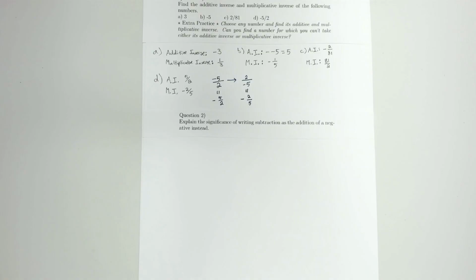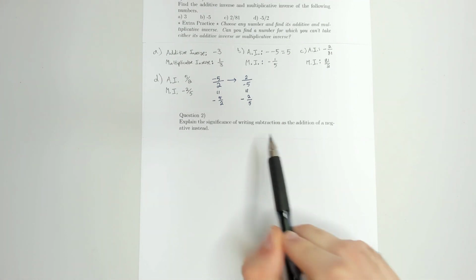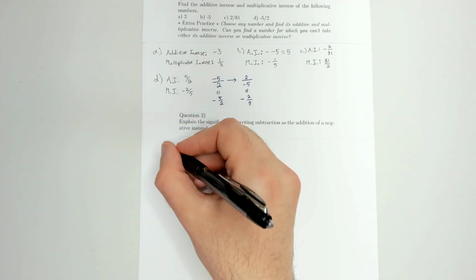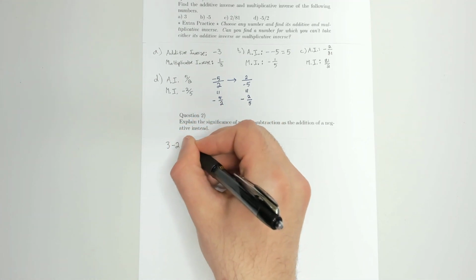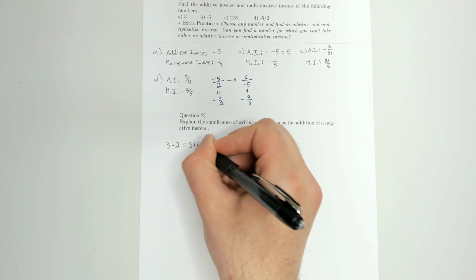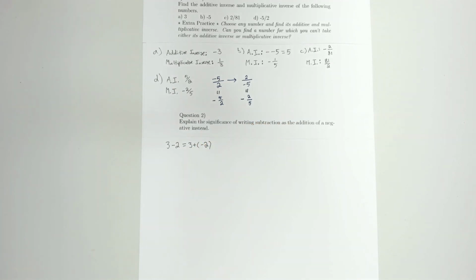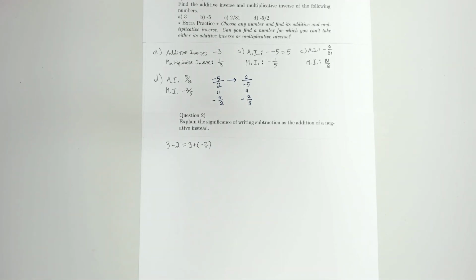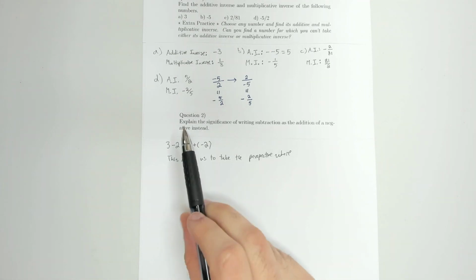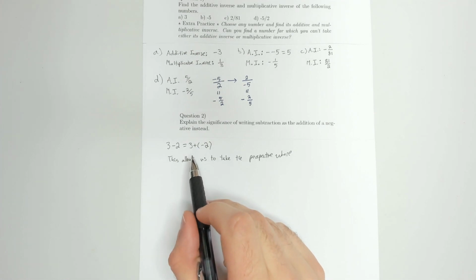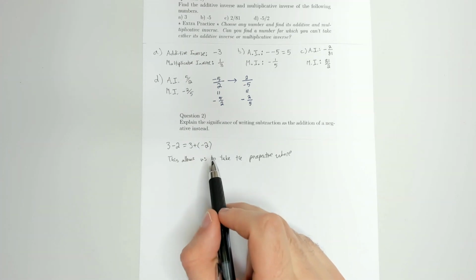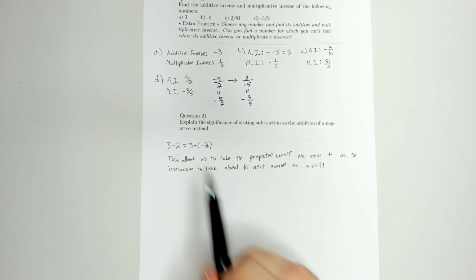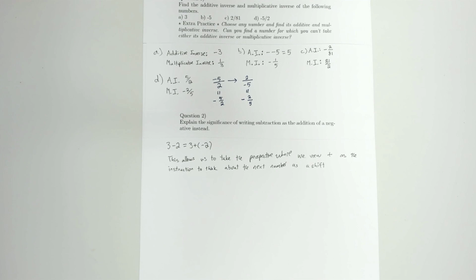Question 2. All right, question 2 says, explain the significance of writing subtraction as the addition of a negative instead. So, for example, we know that 3 minus 2, that's the same thing as 3 plus negative 2. But just because we know they're the same, the question is why would we ever want to write it in this more complex way? And we discussed this in the video. This allows us to take the perspective where we view the plus as the instruction to think about this next number as a shift,